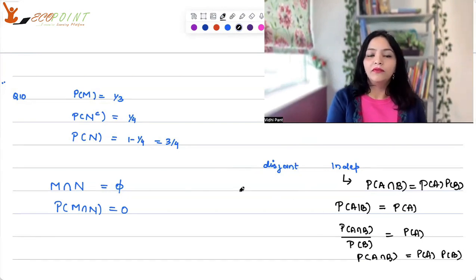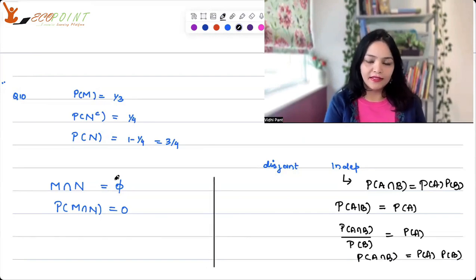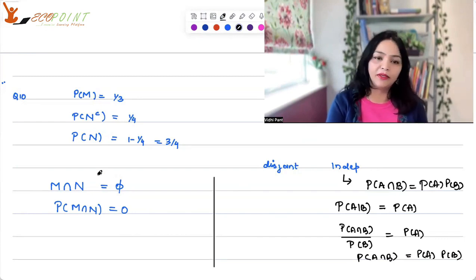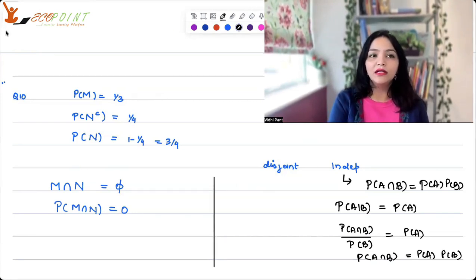So what we want to check is whether these two events are necessarily disjoint, and whether they are necessarily independent. Now, how do I move about in this question? The only information with you is about M and N. The probability of M is 1 by 3. The probability of N is 3 by 4. You don't have the intersection with you. There is no other information provided to you. So all you can start off with in this question is the fact